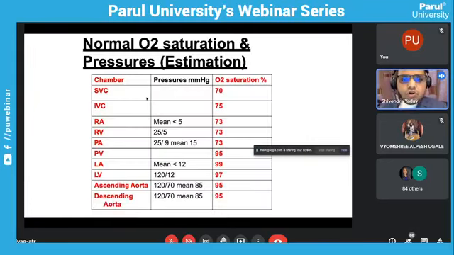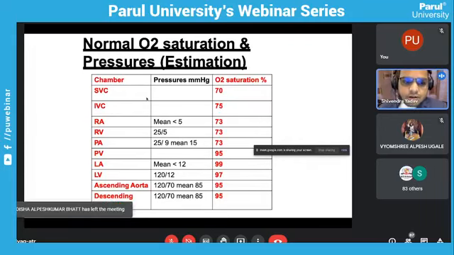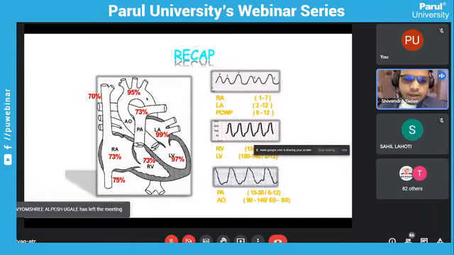Okay, so normal oxygen saturation. Different cardiac chambers have different oxygen saturation. Now it is very obvious why, because some of the chambers are receiving venous blood, which is impure blood, and some of the chambers are receiving very pure blood. Okay, now with this chart it will be confusing, so let me take you to the diagram. Now if you see